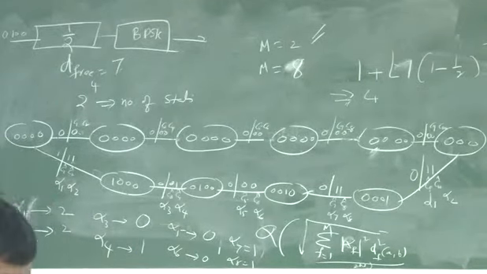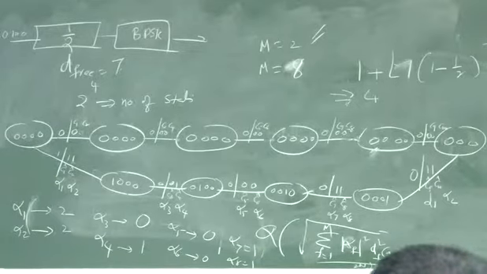Alpha 1, alpha 2, alpha 3, alpha 4, then you go back to alpha 1, alpha 2, and then you go to alpha 5, alpha 6, alpha 7, alpha 8. So you take fixed alpha 3 and alpha 5. Then you get 1, 2, 3, 4, 5, 6, 7. Well, it's a time varying pattern.